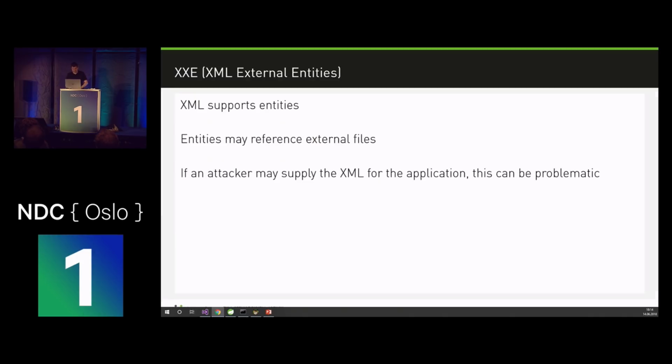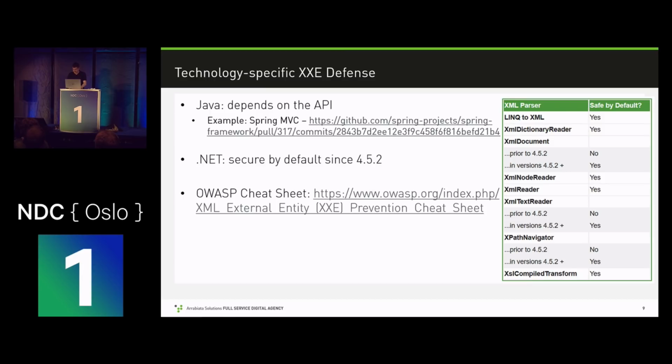But I shouldn't have left Java probably, because in Java, many of the built-in APIs are vulnerable. So I'm using Spring MVC's implementation here. And actually I'm using the generic Java classes, but also in Spring MVC there's a specific endpoint, and that endpoint was eventually patched. In the .NET space, however, and that's a table I took from the XXE prevention cheat sheet